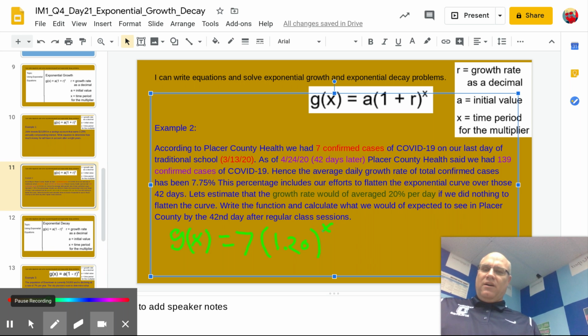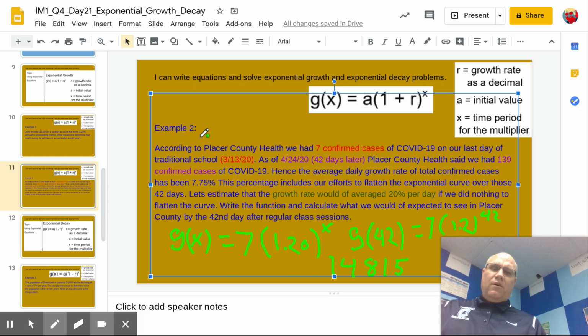Use your calculator. How many cases will we have had with the model I just made up? Again, I don't have any expertise in this area, but let's just say it was 20% growth per day if we did nothing. How many would we have had? So g of 42, I should say, equals 7 times 1.2 to the 42nd power. So the number I ended up getting with that is 14,815 people. So in the model I made up here, saying that our growth would have been bigger than the average rate we've had for the 42 days in the real situation,